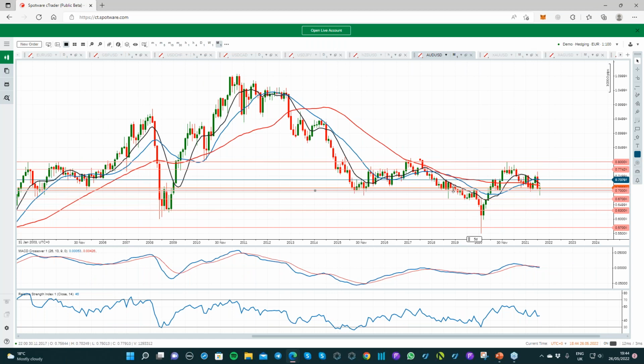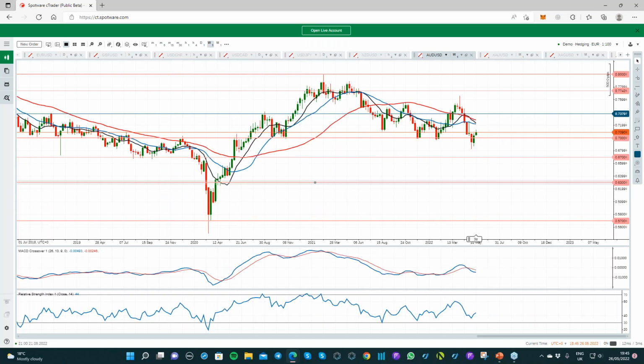Aussie dollar. Okay, Aussie dollar has also hit this horizontal level. It's around 0.7. This is the monthly time frame again. It's just hit this horizontal level and bounced from it. Weekly time frame,